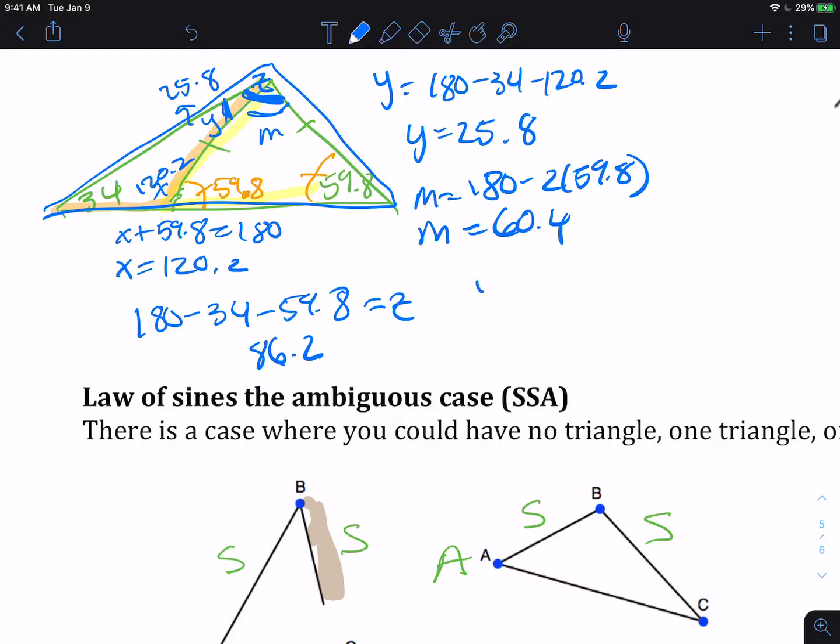Or if we had done y plus m, that also gives us the z. So the y is 25.8 plus the m, which is 60.4. So you can just verify that if we add those two things together, we end up at the same 86.2 amount. Right? So that's something that we're going to be using in a few minutes to get our triangles. Okay? So again, we can